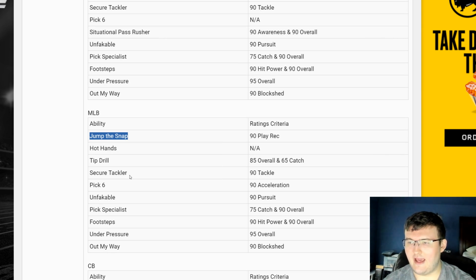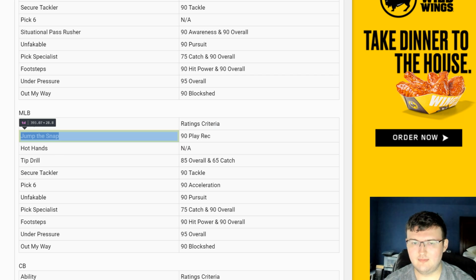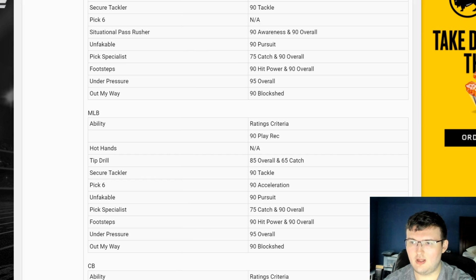Hot hands is NA, obviously. Tip drill is 85 overall plus 65 catch. Secure tackler is 90 tackle. Pick 6 is 90 acceleration. Unfakeable is 90 pursuit. Pick specialist is...